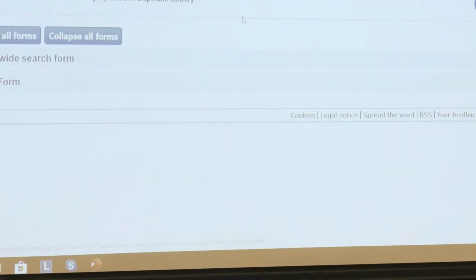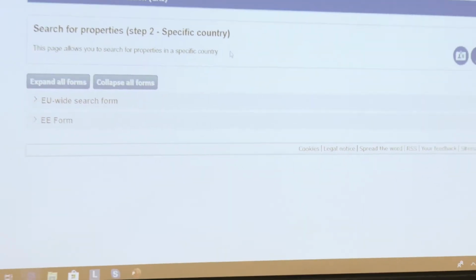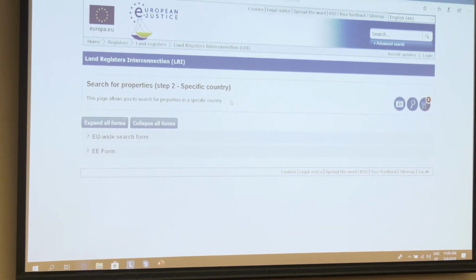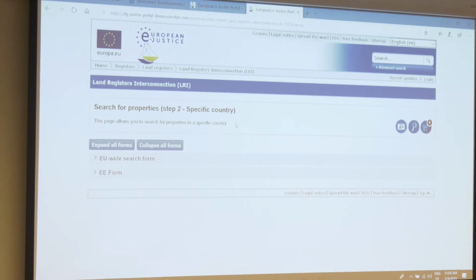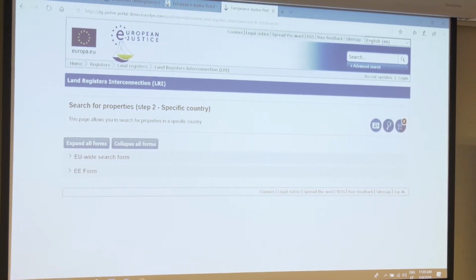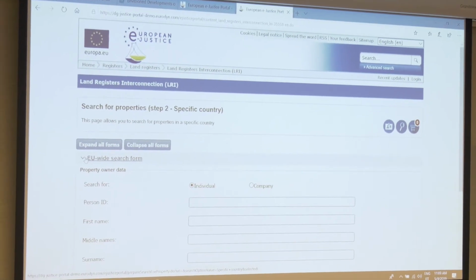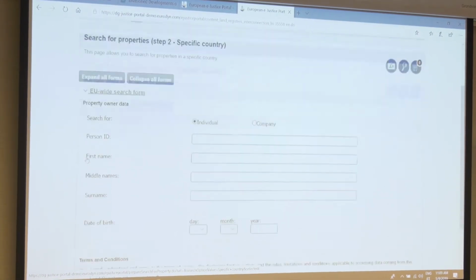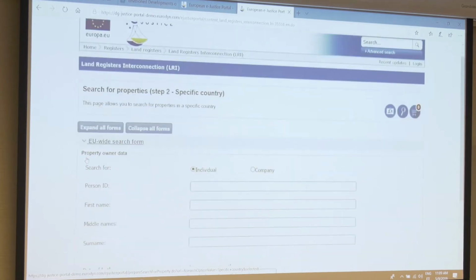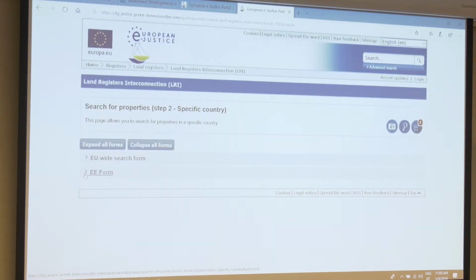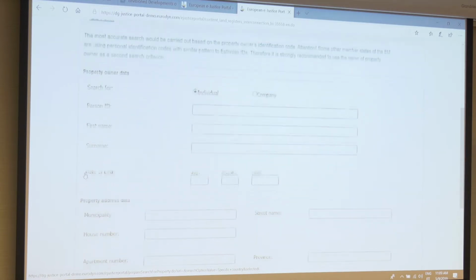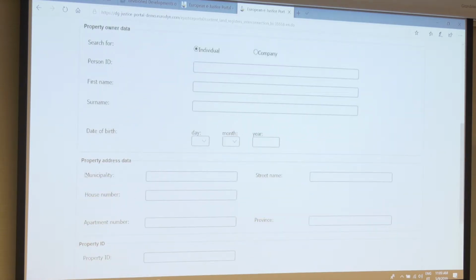When you click, you still can choose which kind of search you would like to conduct. So you have still, or again, the EU-wide search form here, same as before. Let me collapse that. But here you have the Estonian search form, which is in this demonstration environment quite similar, but not the same, as you can see.